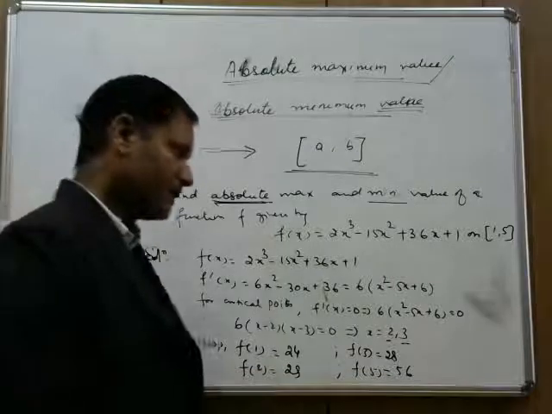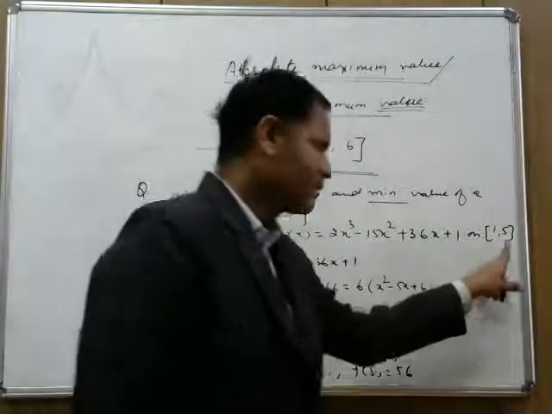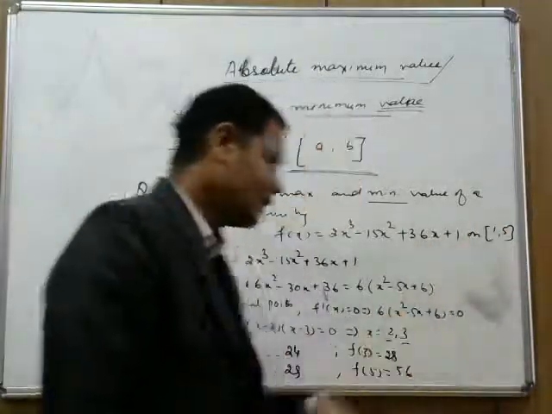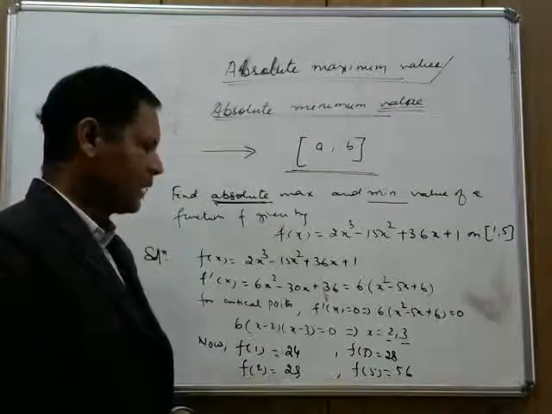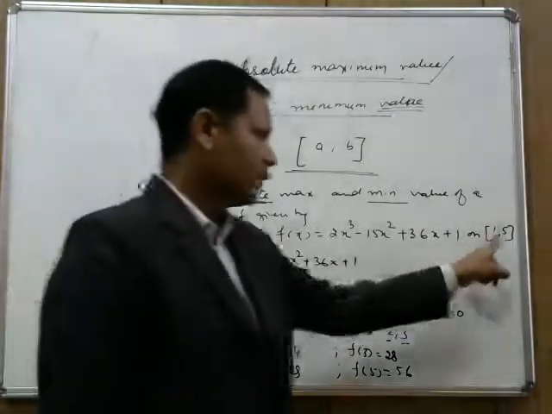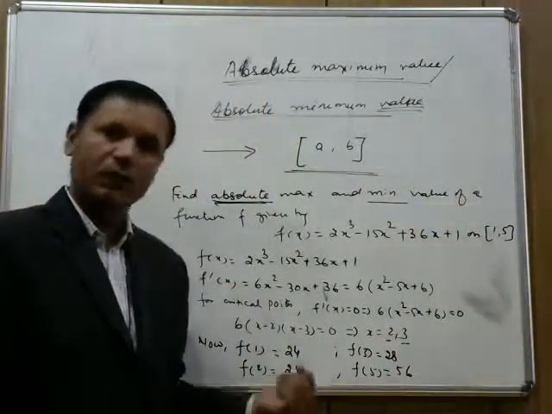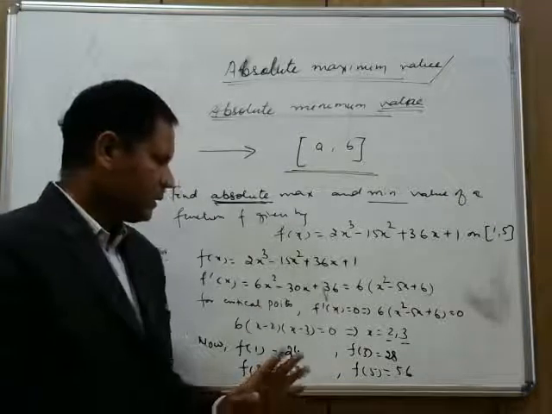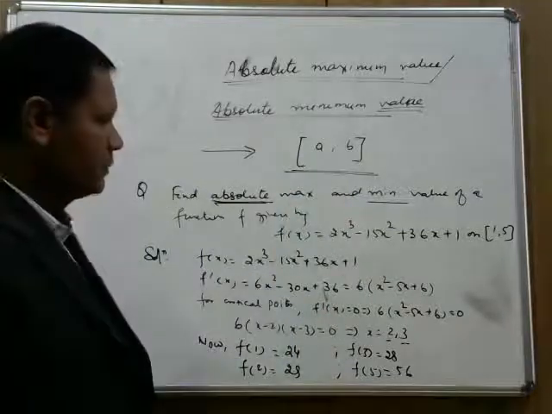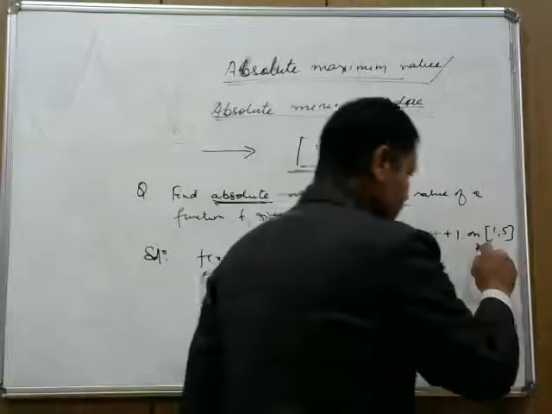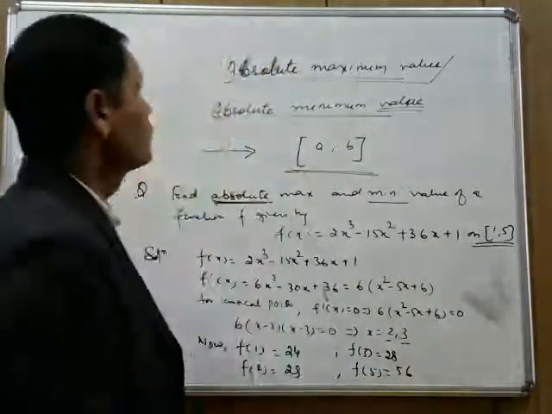It doesn't mean that the absolute maxima and minima will always be attained at the endpoints of the given interval. No, we need to check the value at all the points. Sometimes we'll get a value in between 1 and 5, some number where the given function will attain its maximum value or minimum value. That's why, for absolute maxima and absolute minima, whenever questions are given to you, there will be an interval. Without an interval, we cannot find the absolute maxima and absolute minima.